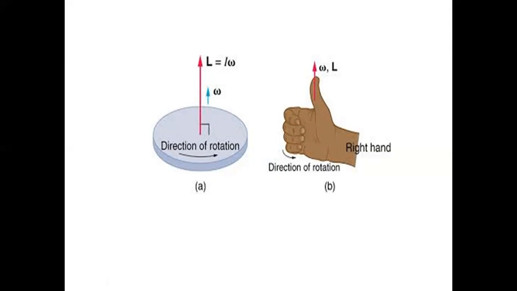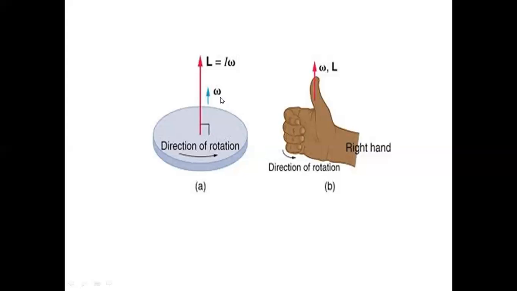See, according to the right hand rule, first we'll define what the right hand rule is. You have to curl the fingers of your right hand in the direction of rotation of the disc, and our thumb should be pointing towards the axis of spin, and these curled fingers will be showing the direction of rotation of the disc. This same is shown here.